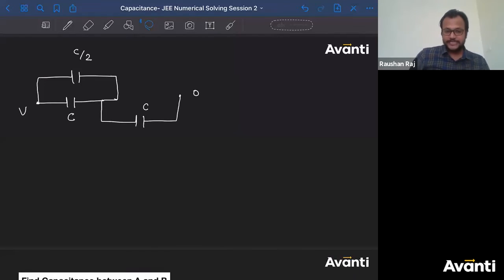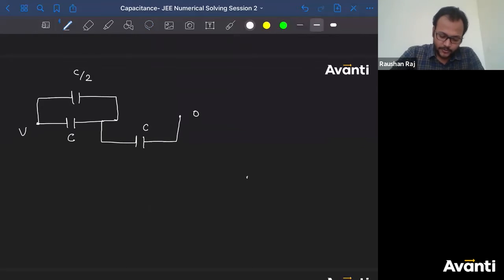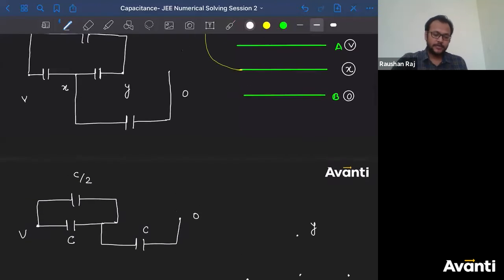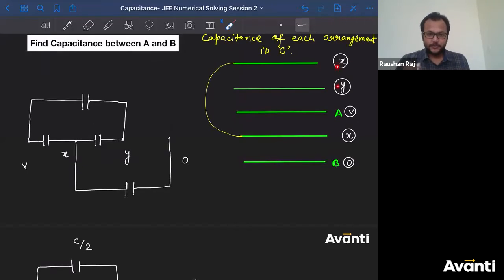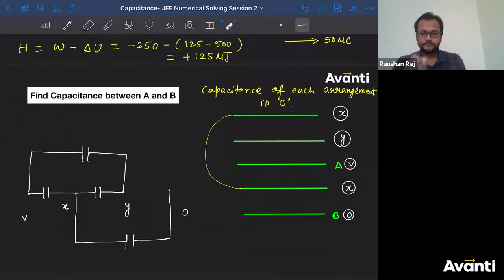Look, I'm not going to change anything. I'll just consider x and y somewhere here. I'll change the position a little. So what I'm going to do, I'm going to consider this is V, this is 0, this is x, and this one is y. Then this condition will look a bit simpler. Okay, look, first one x and y. I'm just giving you the options, the number of ways you can have. Okay, the arrangement x and y.